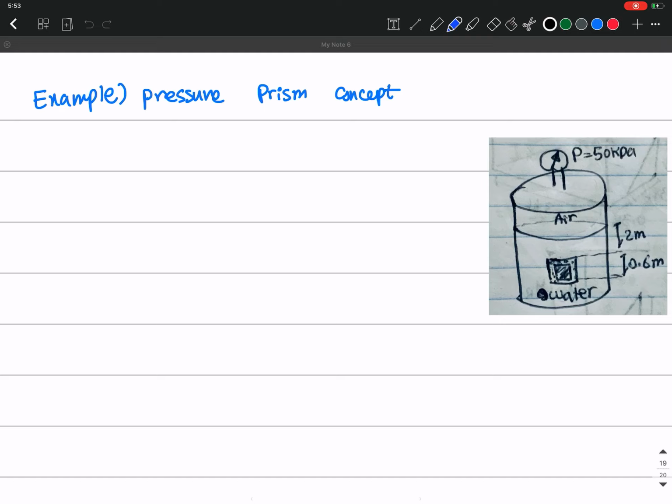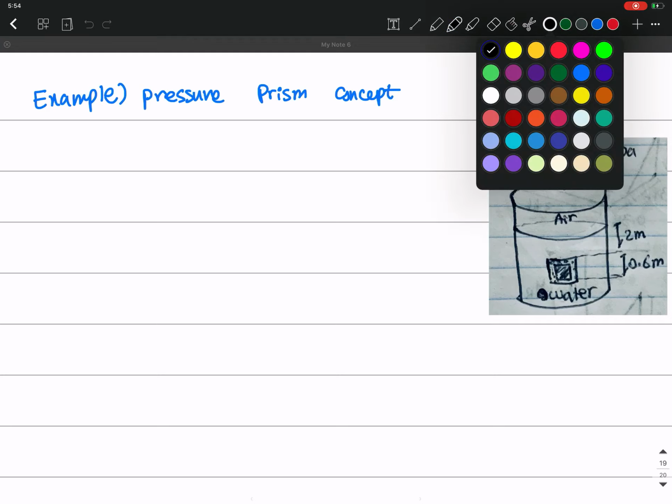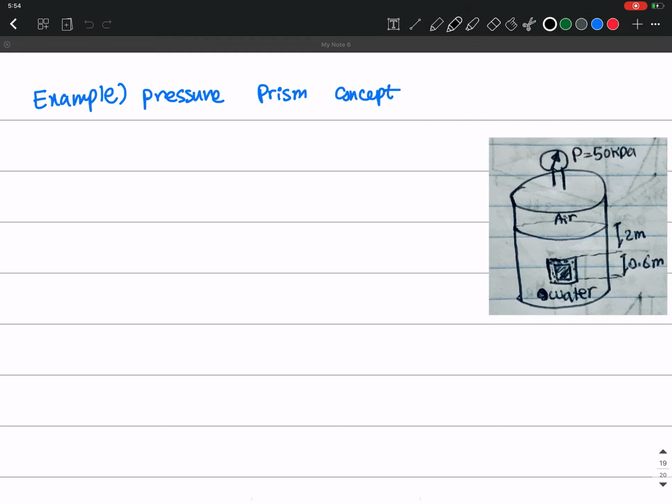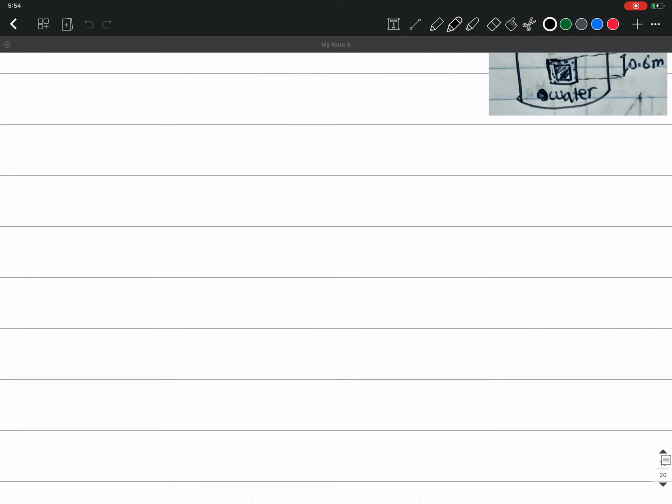Instead of using the moment of inertia concepts that we learned before, this is a little bit simpler way of calculating it just by geometrical relations. So let's get started. So we have an example here,